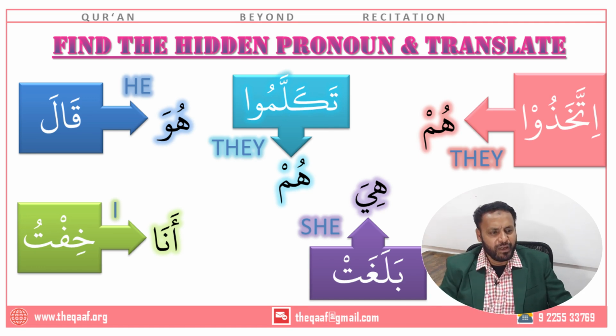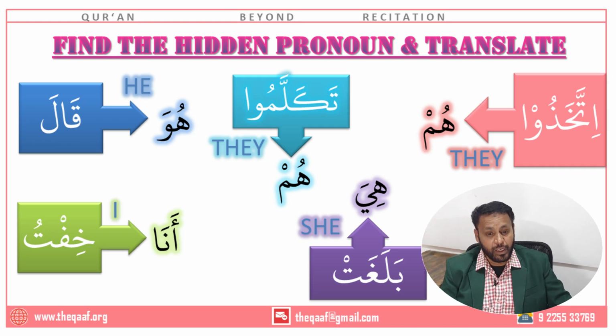For example, khiftu. I don't know the meaning, but it is ending in tu. That sounds like nasartu. Nasartu had a doer of ana, I, inside it. So this one also will have ana. The word is different, but the ending is matching with that. So the doer is ana. Ana means I. That's how we figure out the inside pronoun. Who is the doer? All the pronouns which are inside, they will be doer, which means they are rafa.